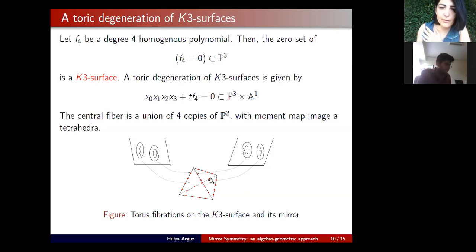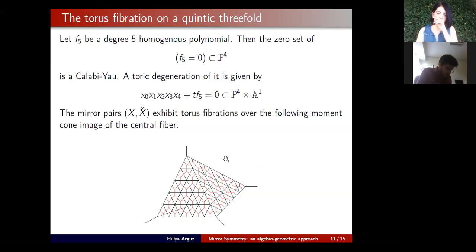Okay, so I tried to draw a fibration of a K3 surface over this polytope and the mirror. If you look at the K3 surface, it can be visualized as a torus fibration where over any generic point of this tetrahedron you have 2 tori, and over any of these 24 singular points you have pinched tori. And the dual looks similar. K3 is actually self-mirror.